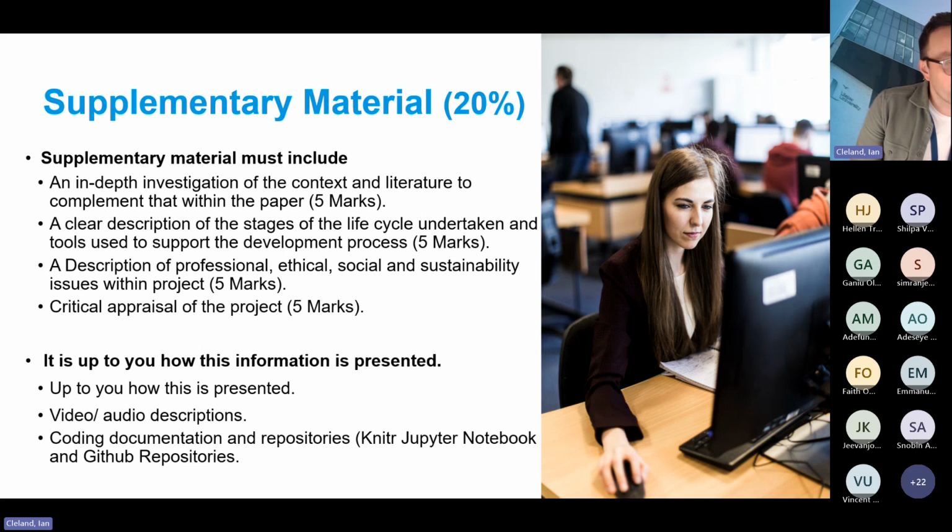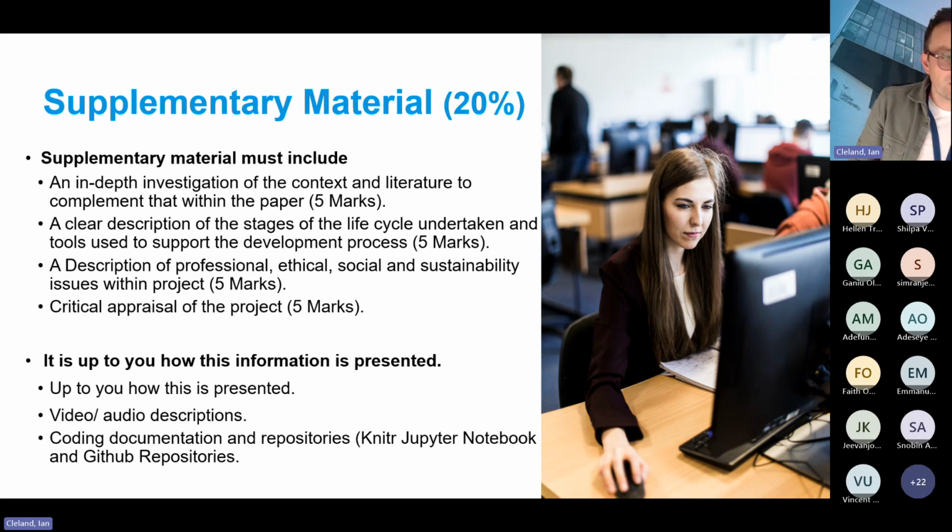So let's say we're using ResNet, for example, as one of our deep learning architectures. We might have a very detailed overview of ResNet in the supporting material about what the structure is, where it came from, how it's been used widely in the literature. And then in the paper, we would just have a review that's very focused on how ResNet has been used in the context that we're interested in for the specific application of our project.